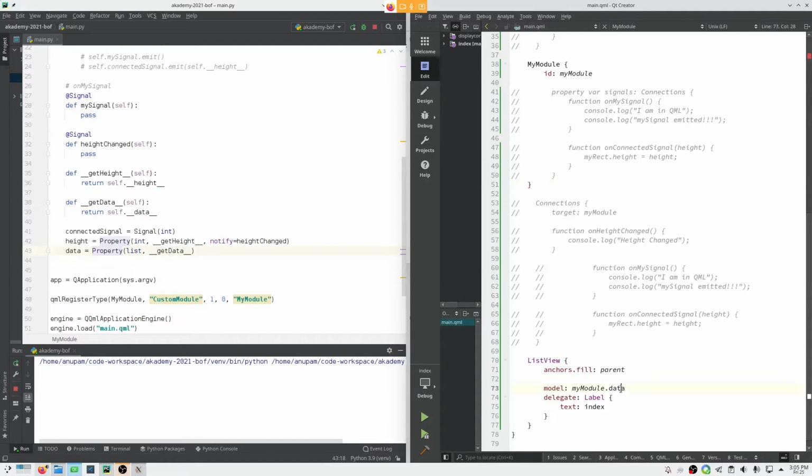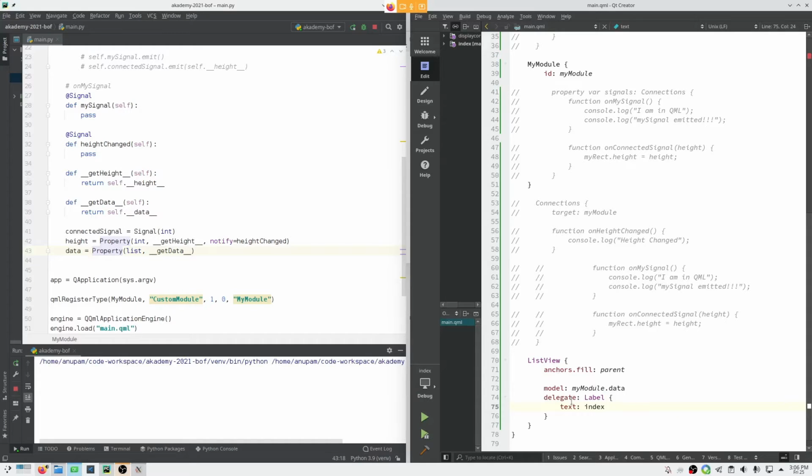I use that data property from this my module component, and for each of that model data, I am creating a label with the value as index. Index is something that is defined by list view, which will hold the index of the module.